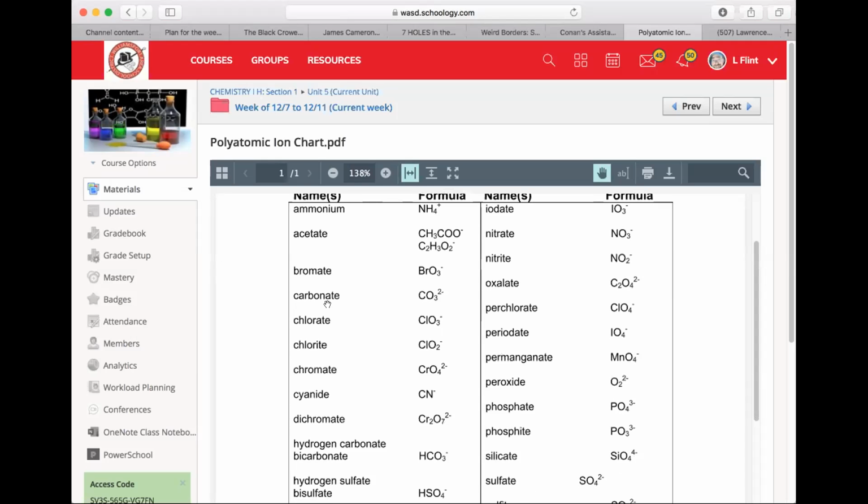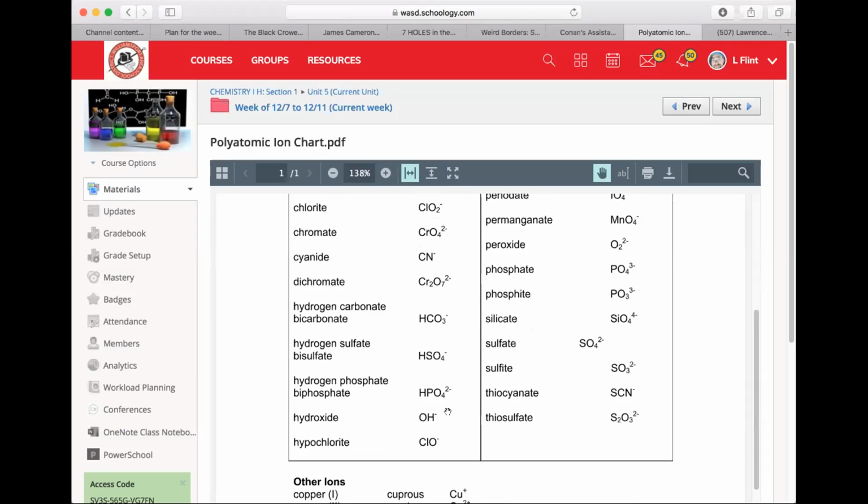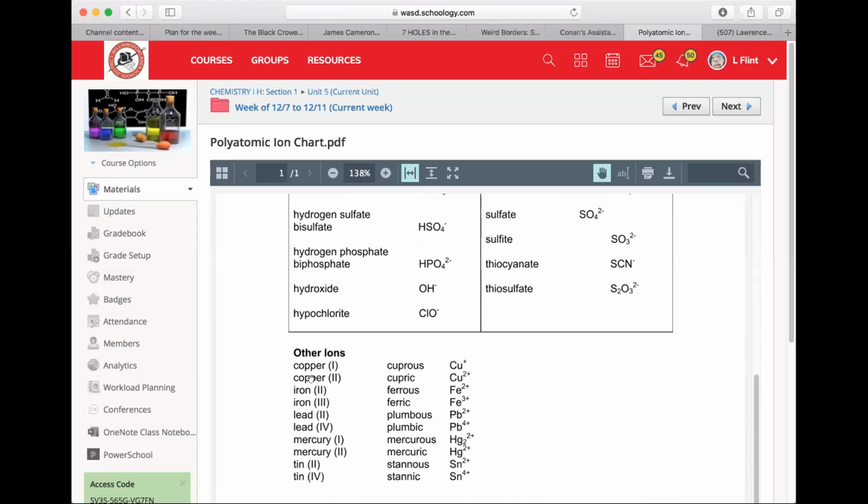So for instance, there's a polyatomic ion called carbonate, and that's CO3 with a charge of 2-, or dichromate, Cr2O7 with a charge of 2-. So the name, the formula, and the charge. And the charge is what you use to help determine how many of those polyatomic ions are present. At the bottom of the chart too, there's this list, which is not that exciting, but we'll use it tomorrow with naming ionic compounds that contain